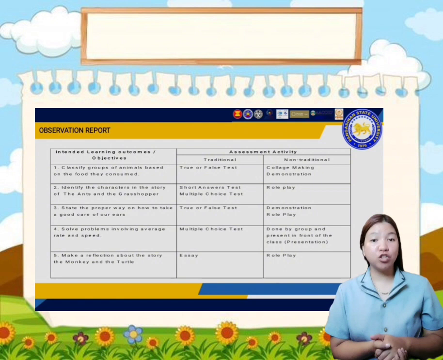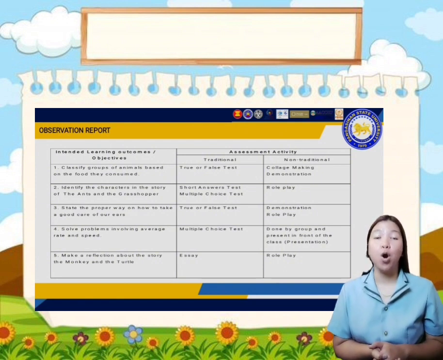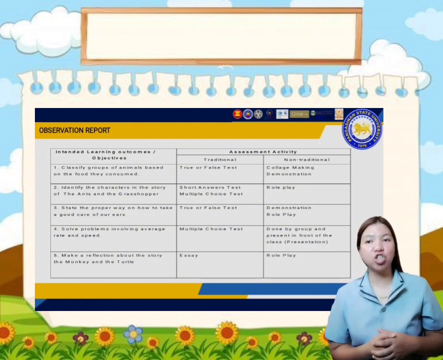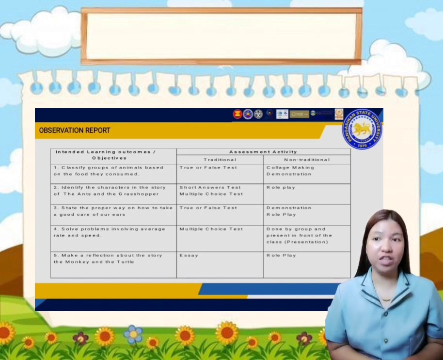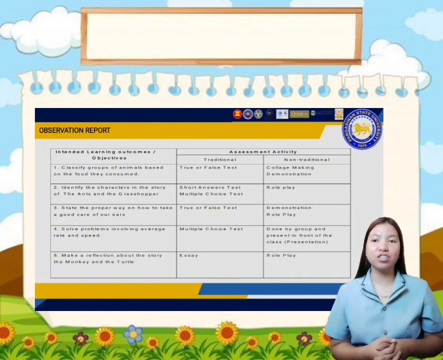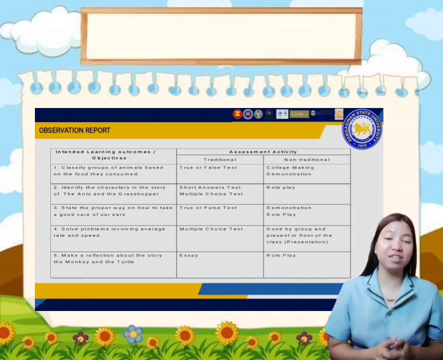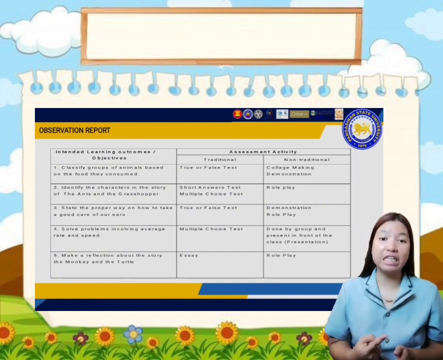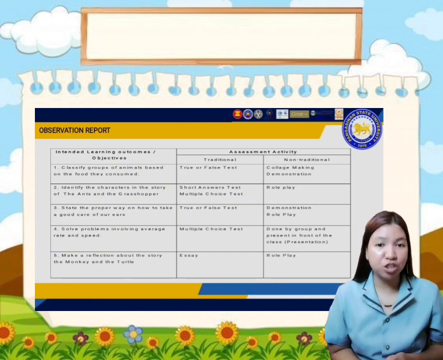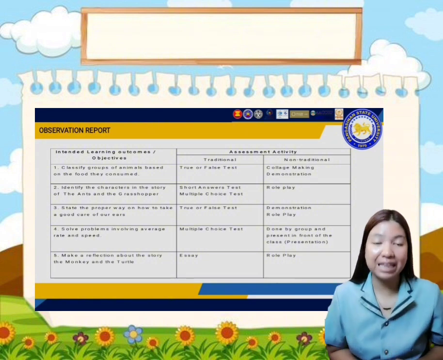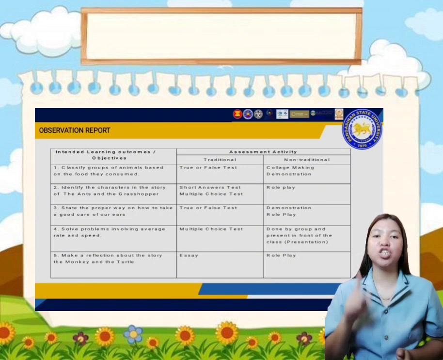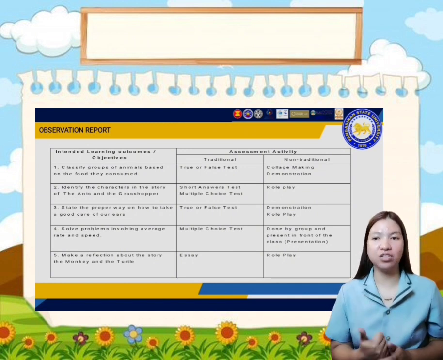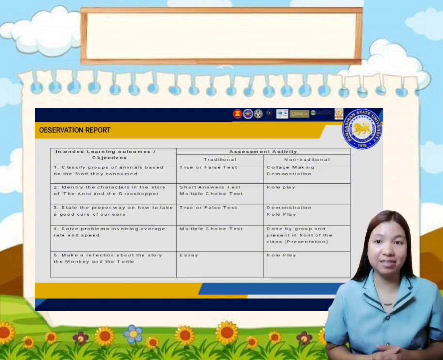Under this, we also have our guide question, which is, what guideline on test construction and art of questioning did the teacher consider in each assessment activity? So the guidelines on test construction and art of questioning the teacher considered in each assessment activity are its reliability and validity, the arrangement that it should be systematic, it is connected to the lesson or subject matter, it should have one clear answer, and it should have consistency.